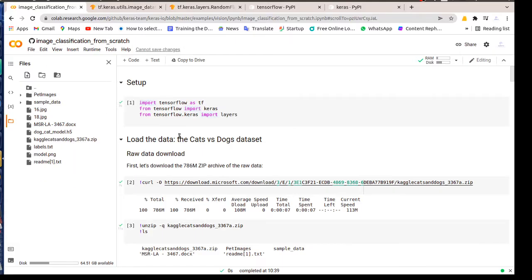Hi everyone. Today we're gonna work on deep learning for classifying cats and dogs. That means here finally we're gonna see a complete model which can classify any images. I will tell you in the end how you can use this for your custom dataset. For example, here I am using a dataset of cats and dogs, but you can use this code for classifying any images, any classes.